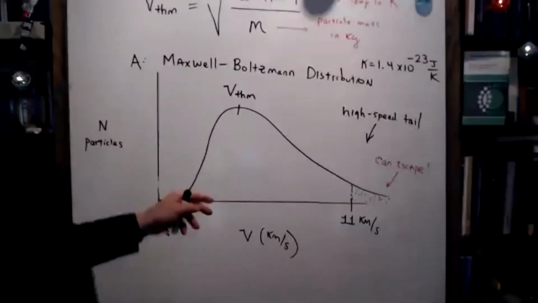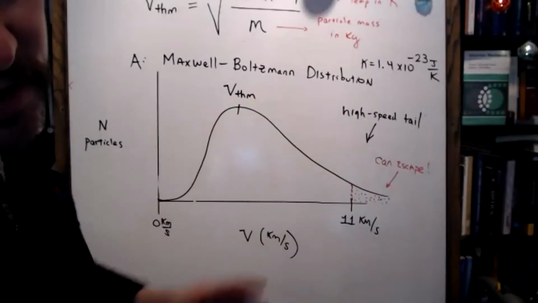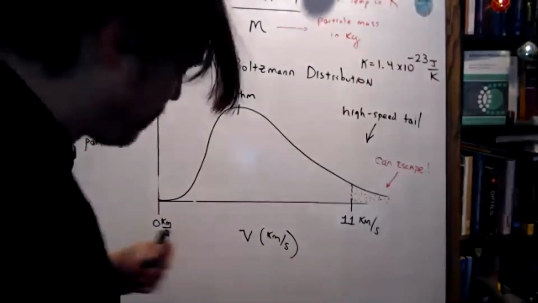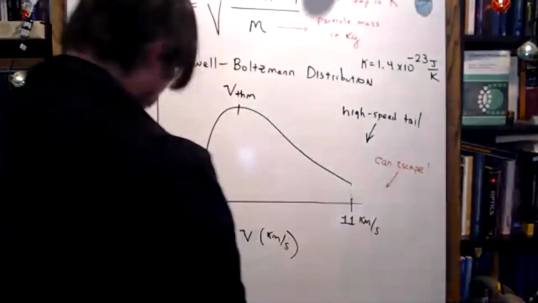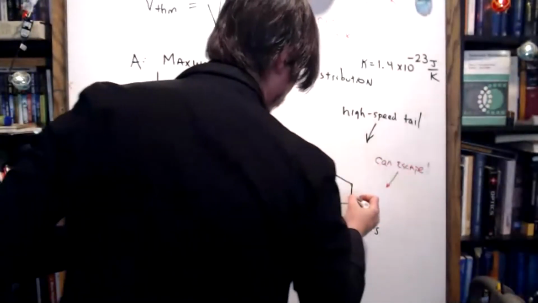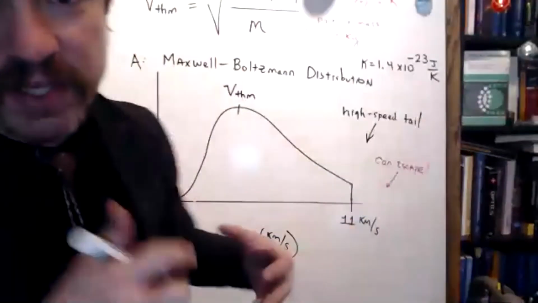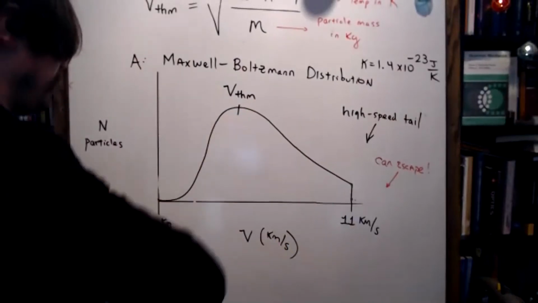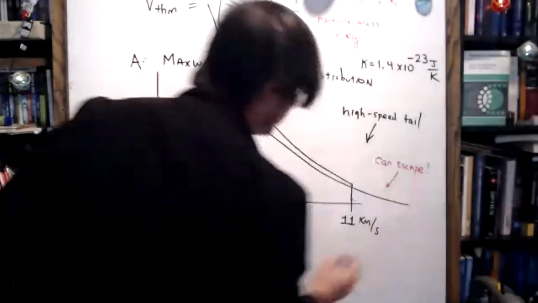Because think about it. Let's say your gases have a Maxwell-Boltzmann curve that looks like this. If all of those gas particles jump off the planet and leak away into space, now your distribution of velocities looks like this. It goes up to the escape velocity and then it drops down. Are gas particles going to remain that way? No, they are going to thermalize and collide with each other, and they are going to redistribute themselves according to another Maxwell-Boltzmann. This one with a slightly lower area and a new high-speed tail.